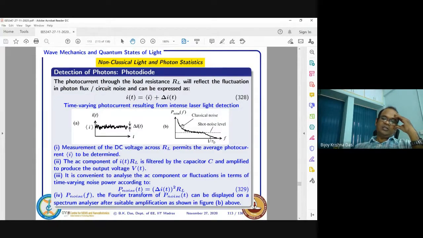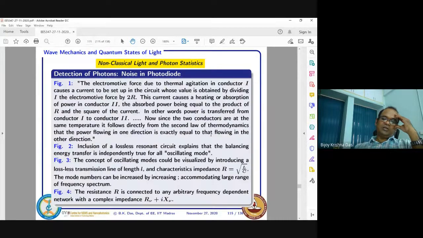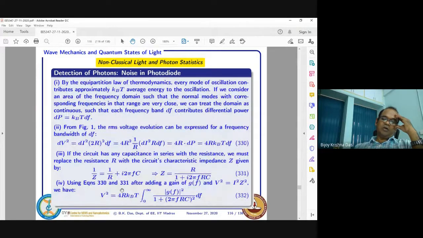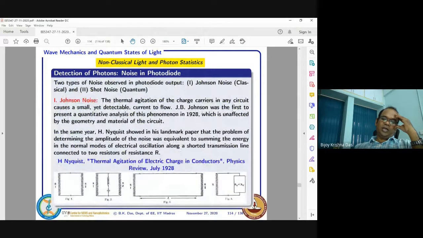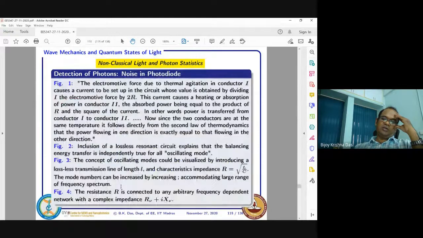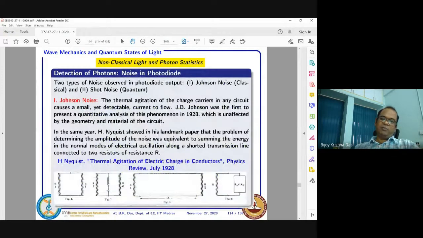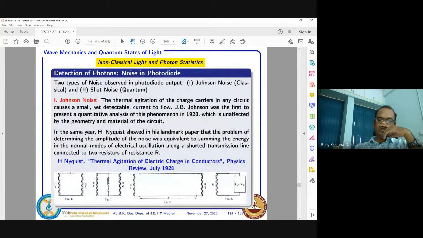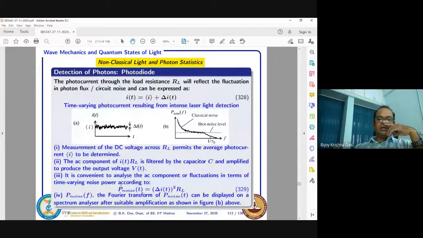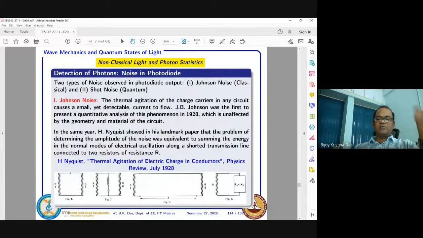So this nature of decay is explained here by a very nice model. This is a simple model, and most of the time in the textbook it is not there, so I thought I would go back to the original paper and see what it is. Most of the time for shot noise people use this expression only. Just put down the expression, this is your Johnson noise, or this is your shot noise.